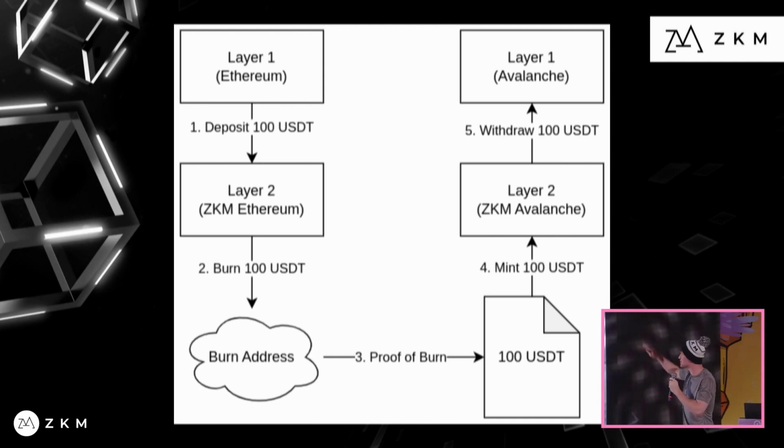Now, the one big question is, what if there's nobody that deposited on Avalanche? Well, in that case, you wouldn't be able to withdraw on Avalanche. But you would still be able to mint it on the layer 2 that's built on top of Avalanche. So in this case, you can deposit to the Ethereum blockchain and then navigate it and put it into the Avalanche layer 2. So in this way, you can transport liquidity very easily. You might not be able to withdraw to the layer 1, but you're still able to,